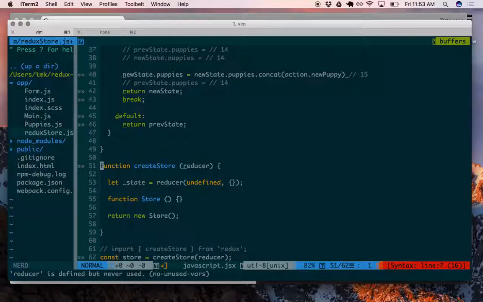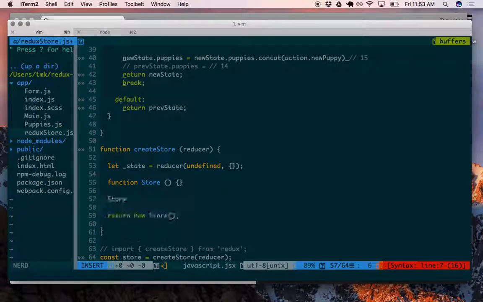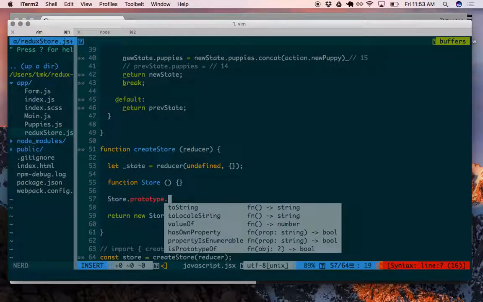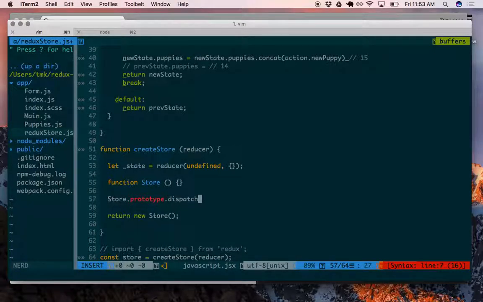Remember the event emitter that we wrote way back when we were doing sockets? That's what the store is, essentially. It's an event emitter. So the store has some methods on it. Anybody remember what some of these methods are? Yeah, it's got a method called dispatch. Any other methods? Yeah, it's got